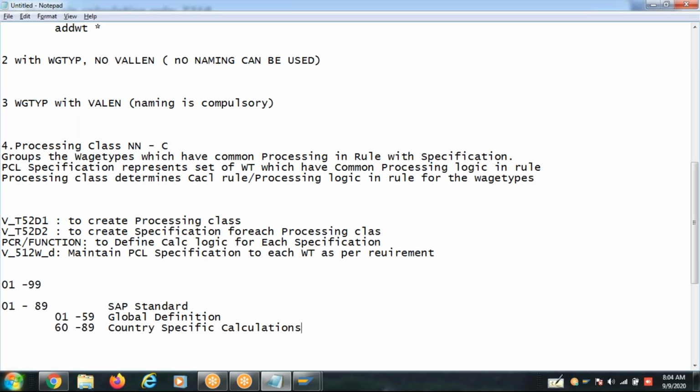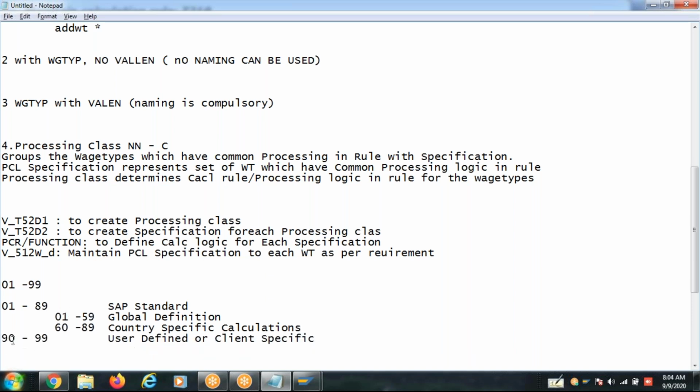Country local, I mean any social contributions, tax calculations, pensions, etc. So 60 to 89 are used for localizations, and 01 to 59 are global scenarios. Understood? 90 to 99 are client specific, which we can create ourselves.